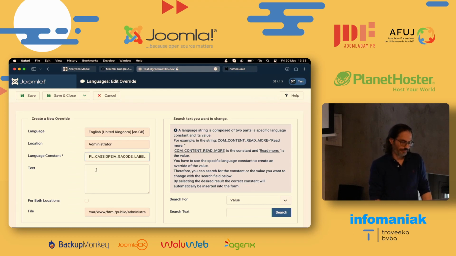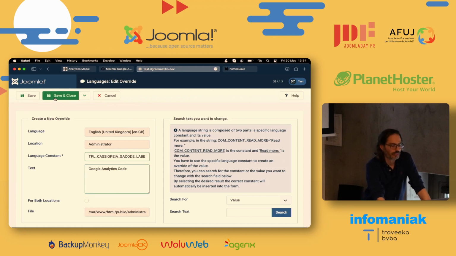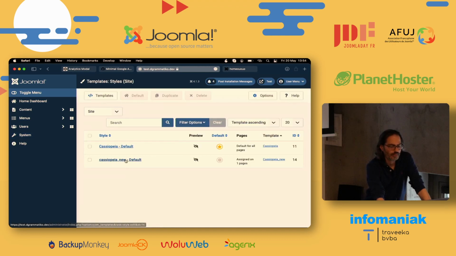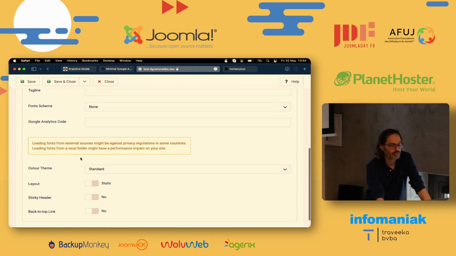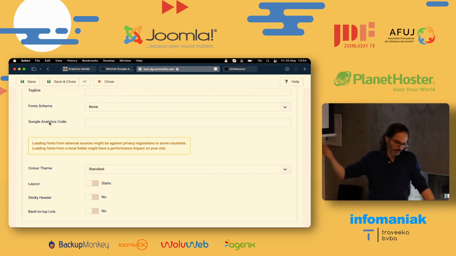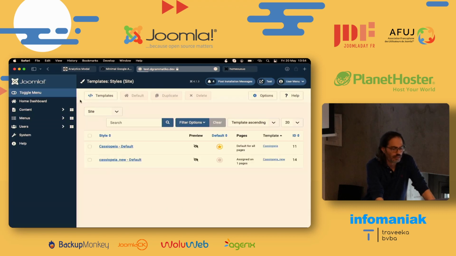You place here the code, the constant, and we can say this is Google Analytics code. And we save and close. And if you go, now you have the option to use the constant, the code that we put there in any of the languages that you have, so it's more usable. Right, so